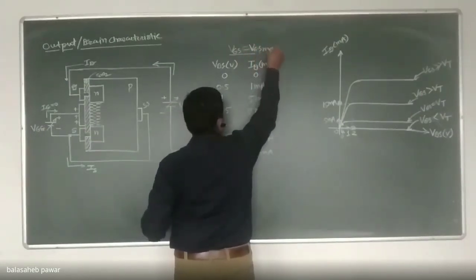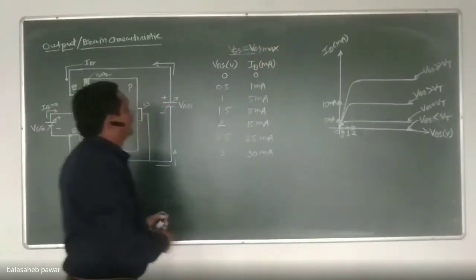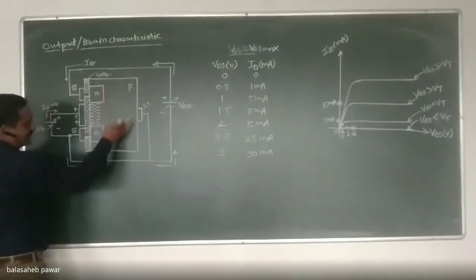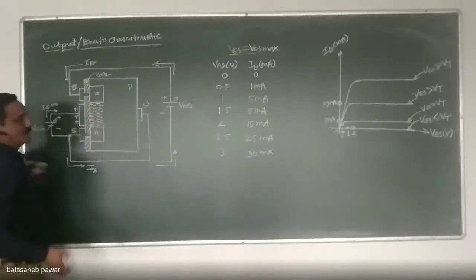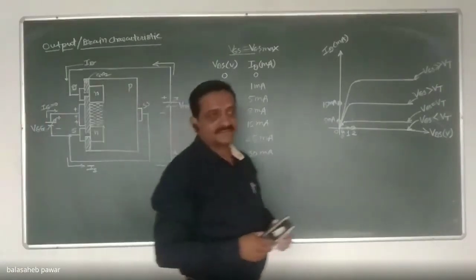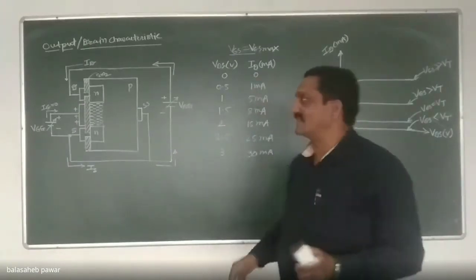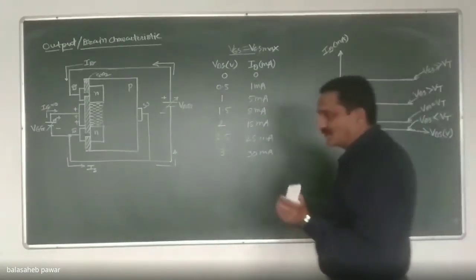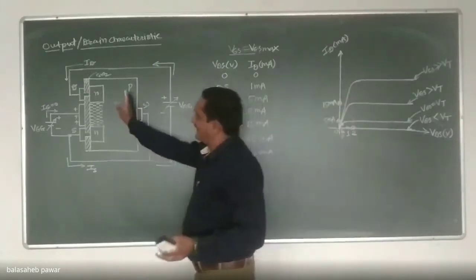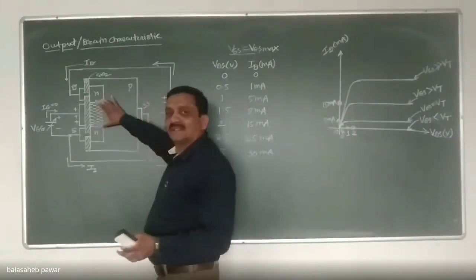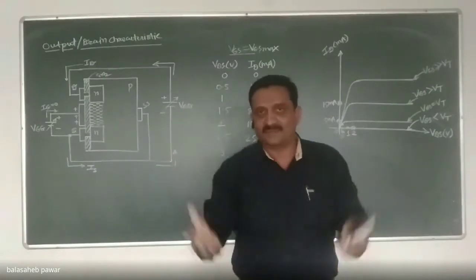What is VGS max? That I already told last time. By VGS equals VGS max, whatever minorities are present in this substrate, all will get attracted between this drain to source region, and hence whatever density that channel will offer, it will be maximum. Am I right? Can you recall our previous discussion? Yes or no? Yes, sir. Okay. So when VGS will be equal to VGS max, all the minorities will get attracted. The density of that formed channel will be maximum. Beyond that, it will not be possible.